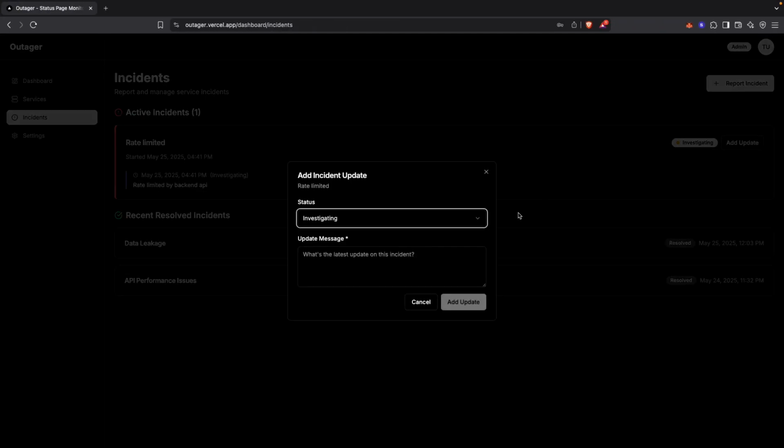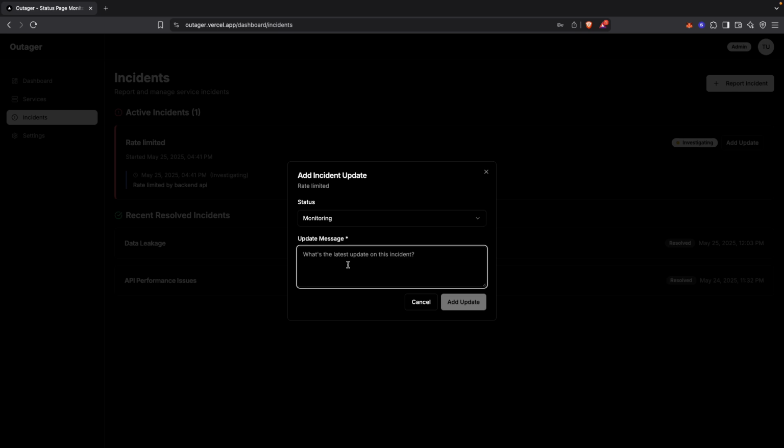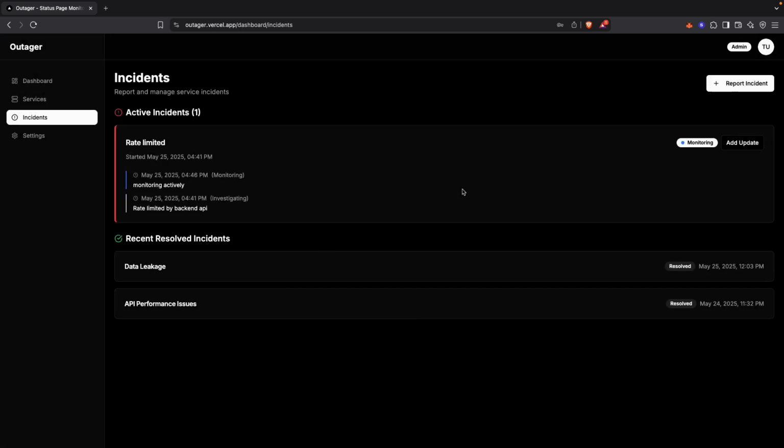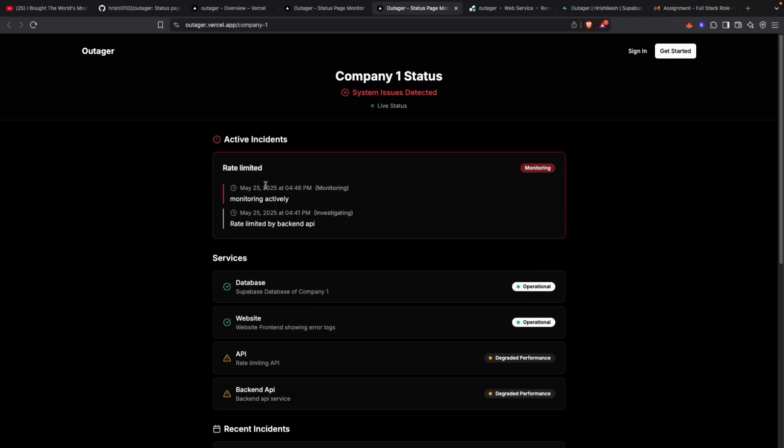I'll go to the incidents. I'll add an update as monitoring actively, and let me add an update. Okay, so the update has been added and it is now showing monitoring. So the WebSocket will do a connection here, and as you can see, without refreshing the page, the new update has been logged here, and you can see it monitoring actively. So this was a brief overview of all the components in Outage, where we have connected different services, we